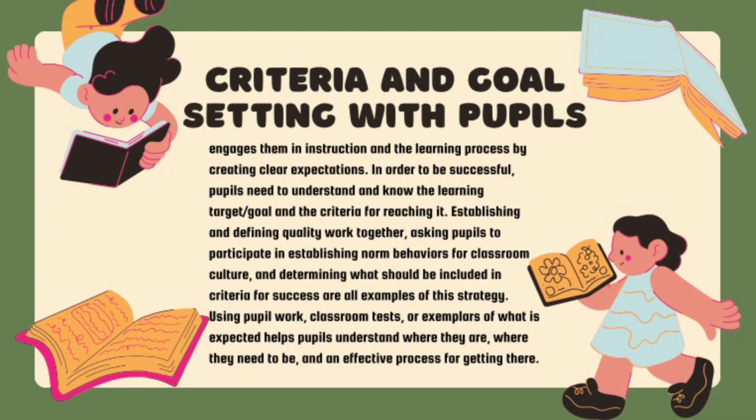For example, let's say the lesson is about writing a short paragraph. So the teacher tells the pupils the goal. Let's say the teacher might say, "Today we will learn how to write a good paragraph with a topic sentence, 3 supporting details, and a closing sentence." Then the teacher shows an example of a good paragraph and explains why it's good. Then that's the time the class talks about the paragraph, like the correct spelling, clear ideas, and neat handwriting.